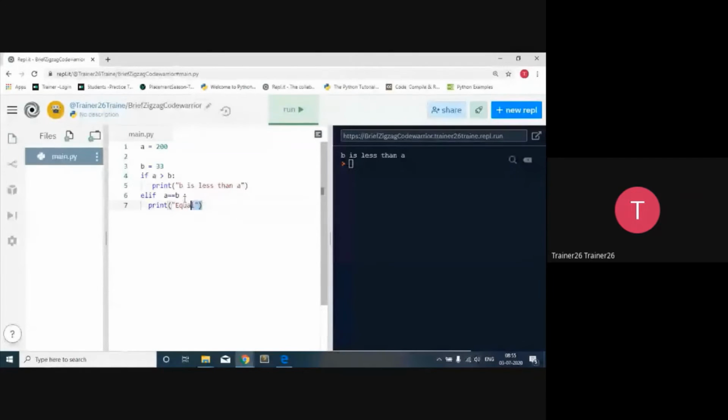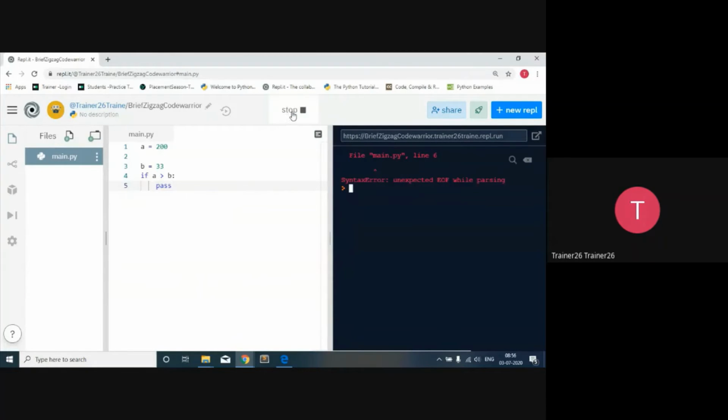For an example, if you don't want to make any kind of decision over here, you cannot keep this blank. If you keep it blank, it is going to give a problem. So if you don't want to do anything for the time being, you just say pass. I don't want to say anything over here. I don't want any kind of condition.